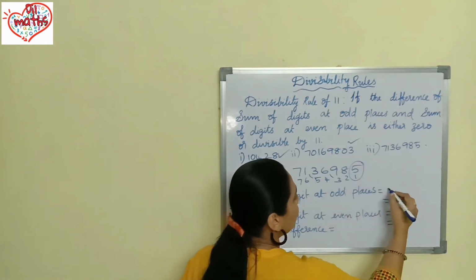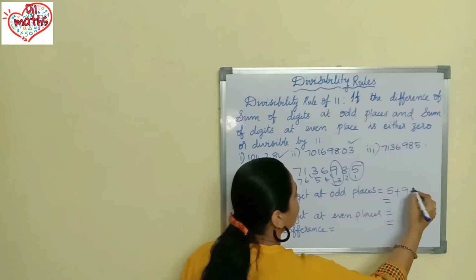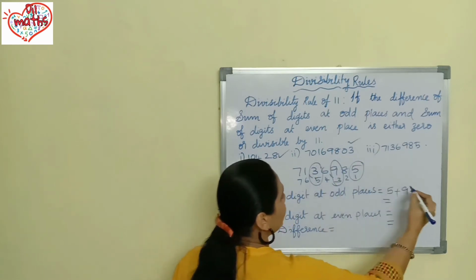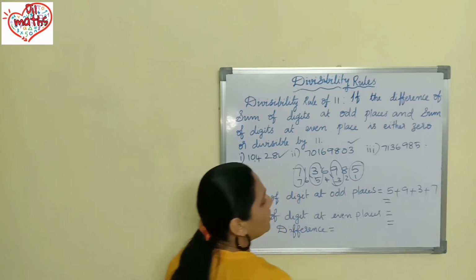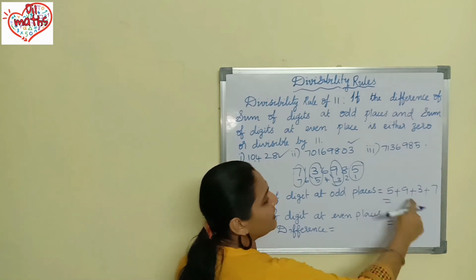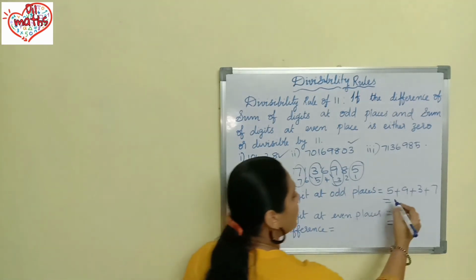So first digit is 5. Then we should write 9. Then we should write 3. Then we should write 7. Okay. So if you are adding, what will you get? 5 plus 9, 14, 14 plus 3, 17, 17 plus 7, 24. And